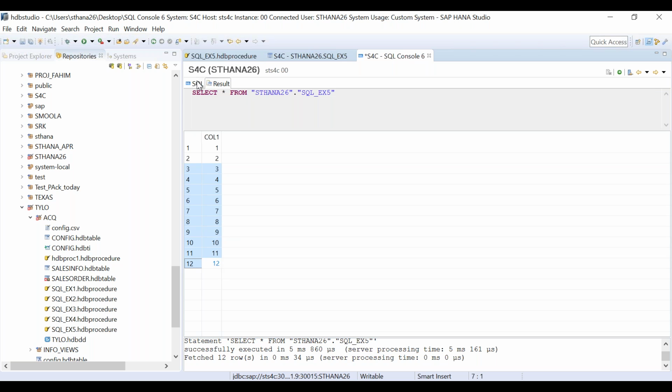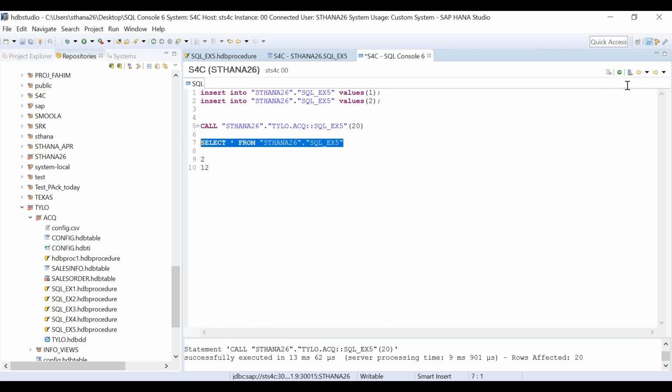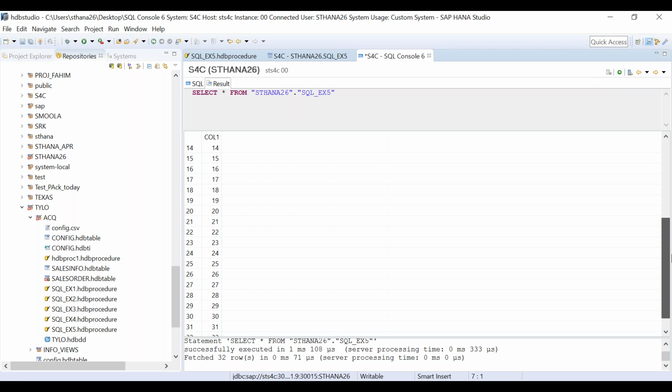Let's again insert something. Now let's say I insert 20 more values. Okay. Execute, done. Now you again select the values. See, now it is 32. Why? From 12, 20 new values are inserted, so now it is 32. Earlier it was 12. So what was the maximum value? 12. So from 12, 20 new values are inserted. So now it is 32. Understood? Well, that is how the for loop works.